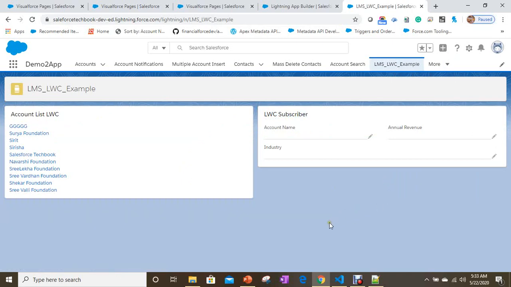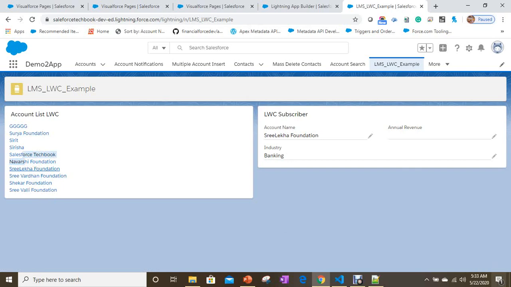So now let's see. See, I'm getting the data. So I'm able to pass the data from publisher to subscriber. This is how you can work with Lightning message channel in Lightning web components.